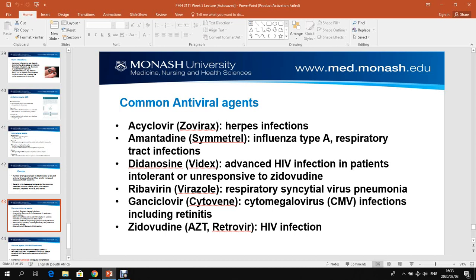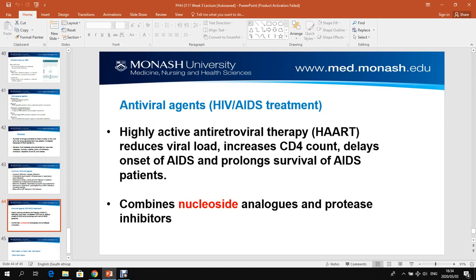The last one is zidovudine, which is also called AZT. It's used for retroviral infection in HIV. Okay, so